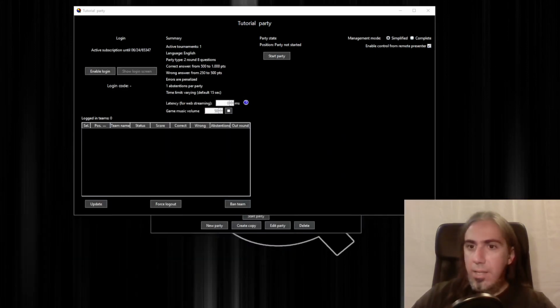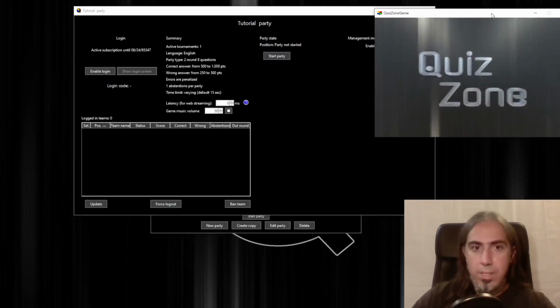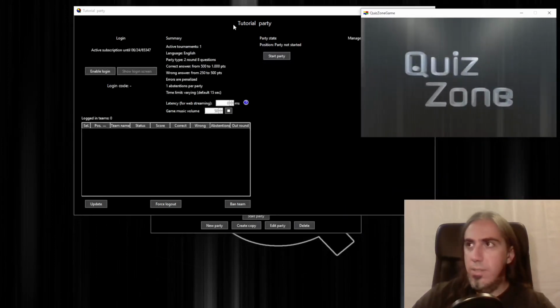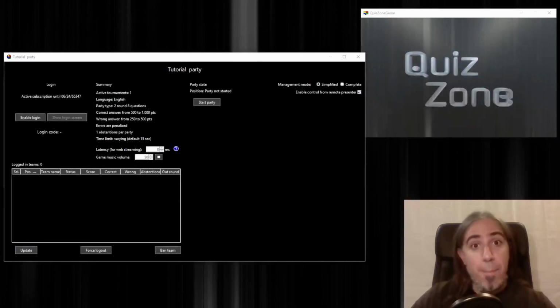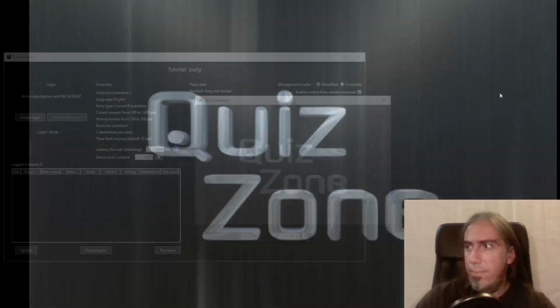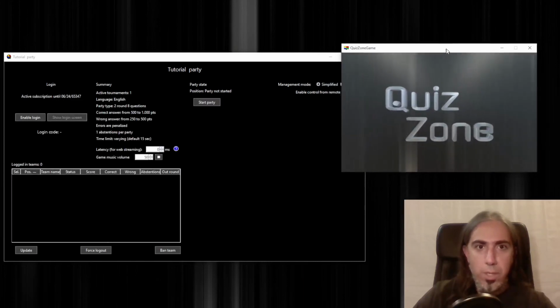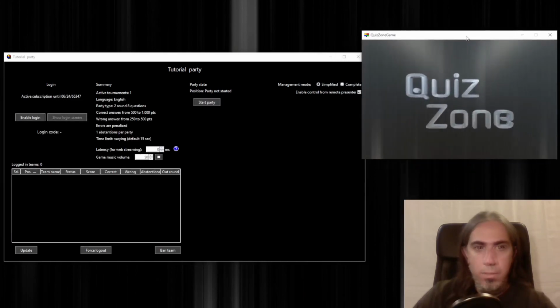So I can take it, move it somewhere else, move it back here, and then I'm going to place it up here so you can see it. You can maximize the game window by clicking on it and pressing Alt plus Enter. Here we'll keep the window small so that you can see both the management window and the game window in the tutorial. If you want to change the settings of the game window, you just go back to the menu,